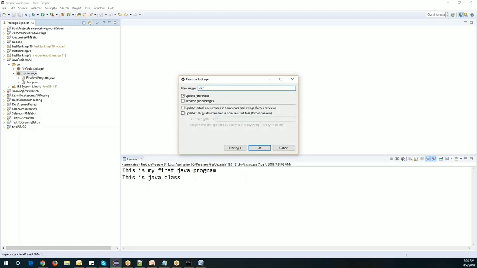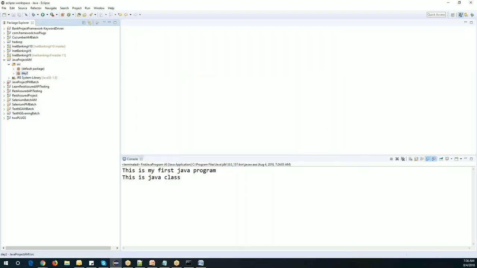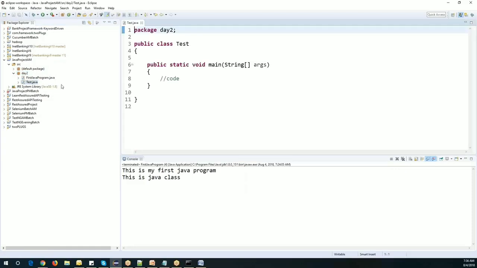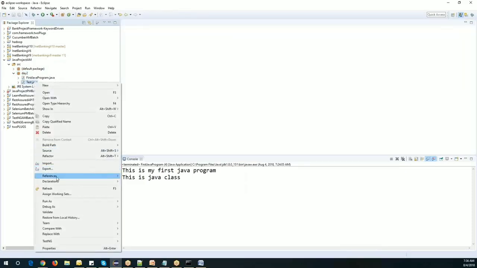And I think this is day 2, right? So day 2 I have given. On every day I will create a new package, so I just renamed this package day 2. Every day I will create a new package like day 3, day 4, and whatever programs I'm going to do will be part of that particular package. Here I have Test.java. I already created this class, right? So let me remove this,